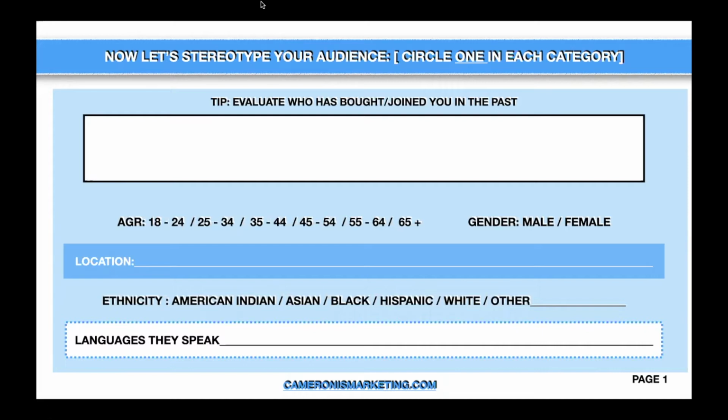And the reason why you want to create an avatar, number one, it helps you to get in front of the right person, right? Get their attention. Also, two, it helps to create content for this individual, okay? And number three, when you go to do Facebook ads or YouTube ads, you already have the data that you need just to kind of plug and play. So, real quick, I'm going to go through these